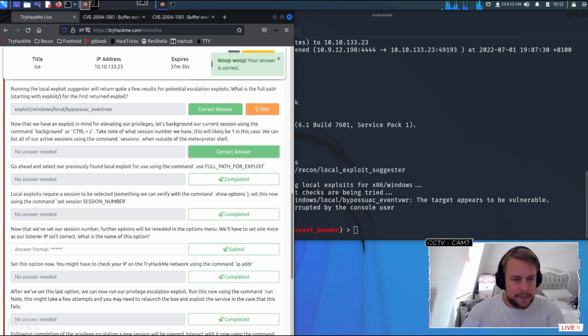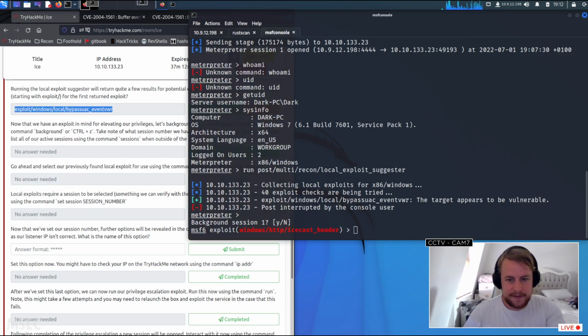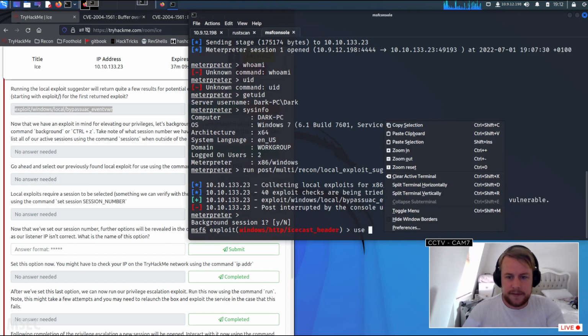Go ahead and select our previously found local exploit using the command use full path for exploit. Why have they typed that? Okay, well, I guess they're hiding the flag, aren't they? So use...